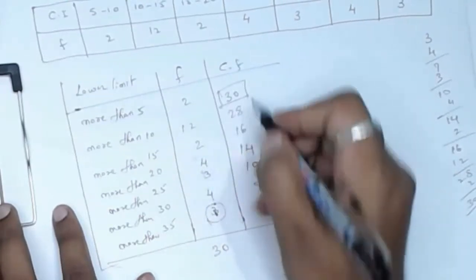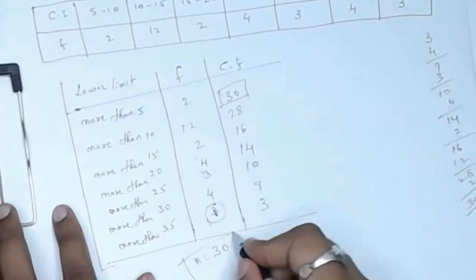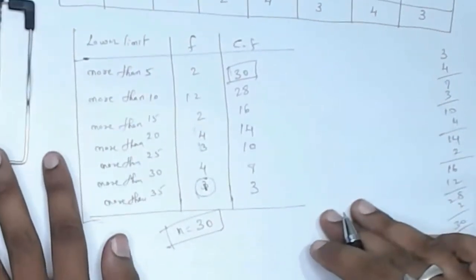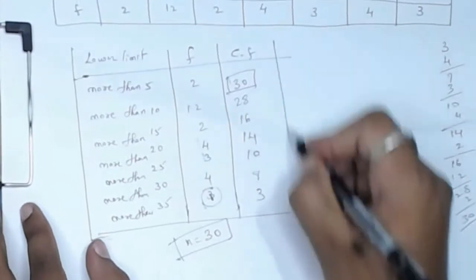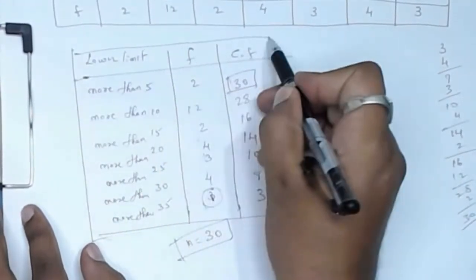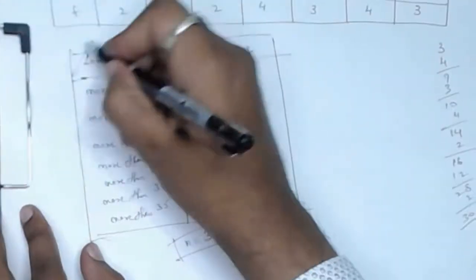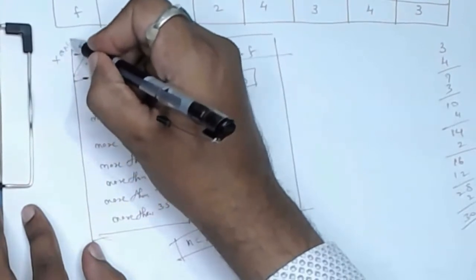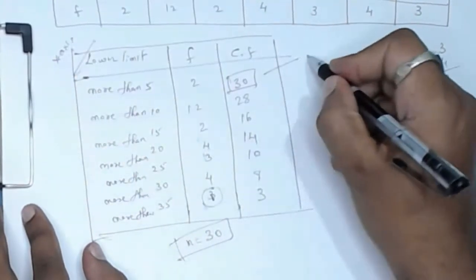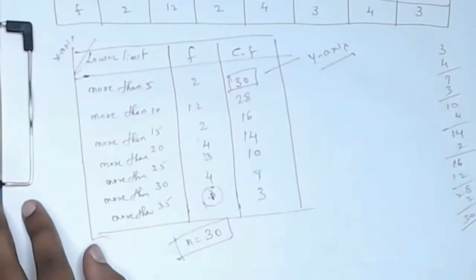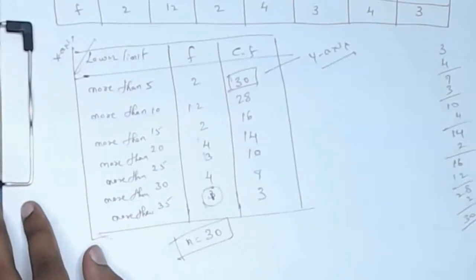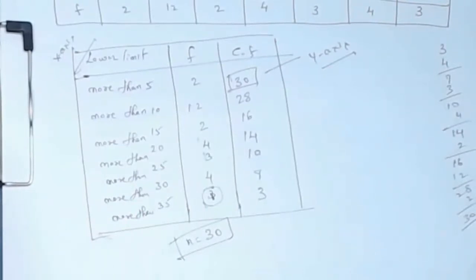So make sure that this answer and the value of n equals 30, this answer should remain same. Both should be equal, then our answer is correct. So this is the table what we have drawn. So do remember, these values are x-axis, and these values are all of y-axis. Done. Now let me plot the graph. Very simple and very easy.